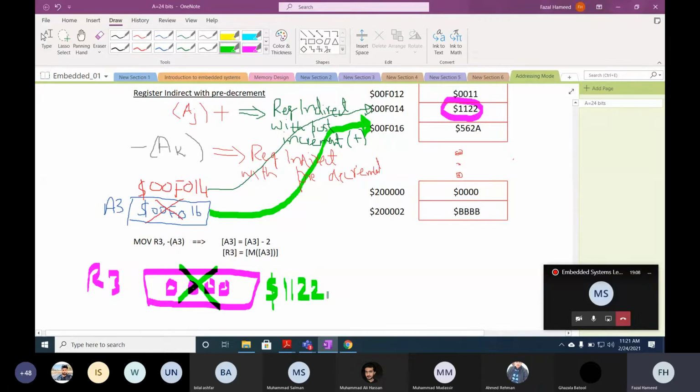The difference between register indirect with post increment and with pre-decrement is that in post increment, first the memory location pointed to by the address register is accessed, and then the address register is updated. But in pre-decrement, first the register is updated and then the memory location is accessed. Did you understand my point?